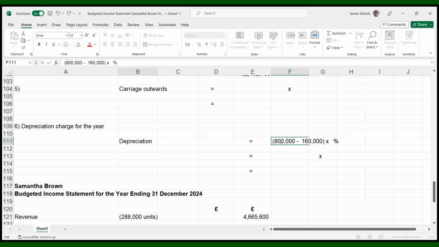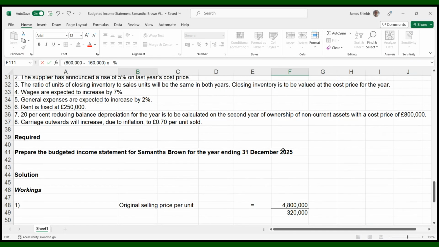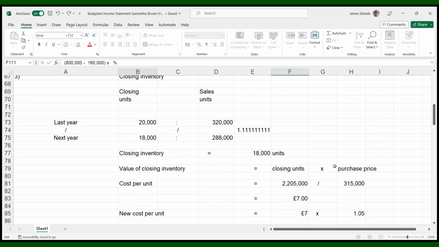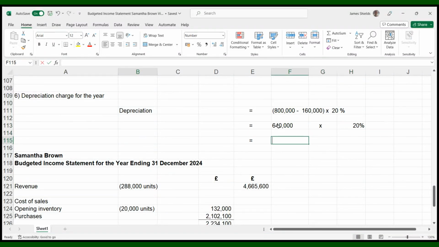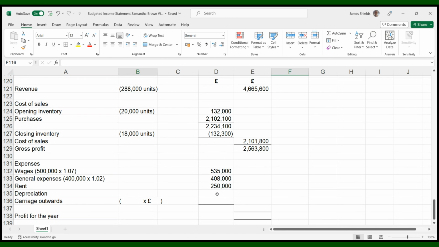Times the percentage, which I think was 20%. I'm sure it was. Yeah, 20%. So times it by the 20% at the end. Now, 800,000 take away 160,000 is going to give me 640,000, and times by our 20%. And that'll give us a depreciation charge for the year. So it's 640,000 times 20%. That's going to give us £128,000. So that's our depreciation charge for the year. So let's put that in our budgeted income statement now. So we've got depreciation,